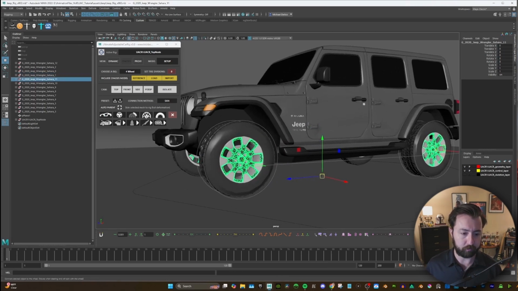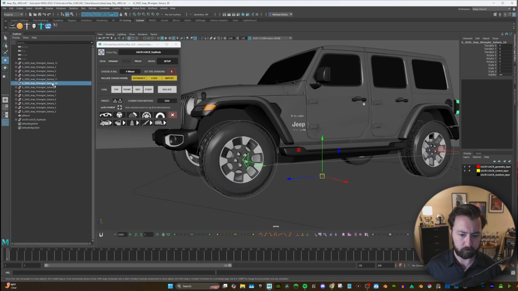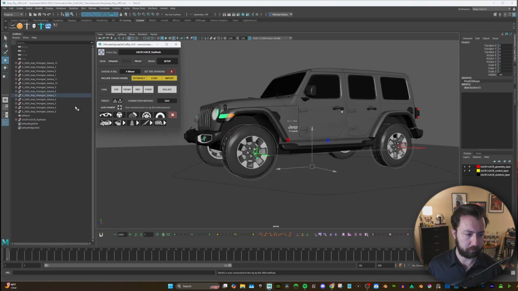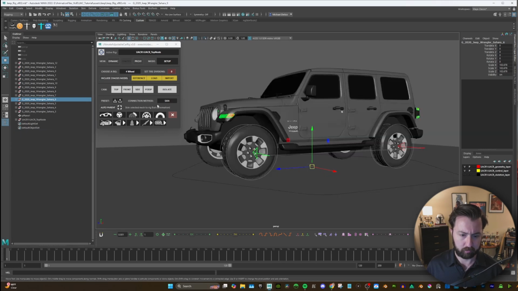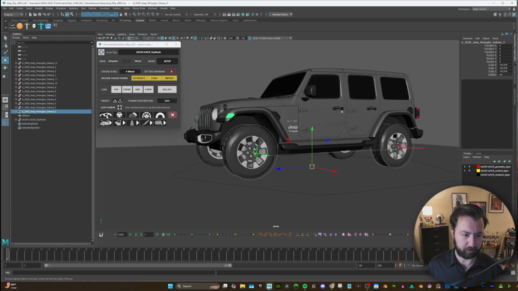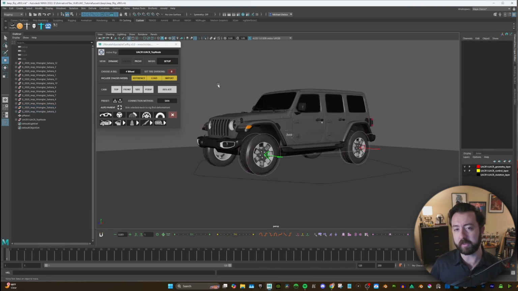This is our wheels. That's the body. These are our brakes. This is more wheels. More body. Body. Body and body. And before we move forward, if you had anything assigned for the front door or the